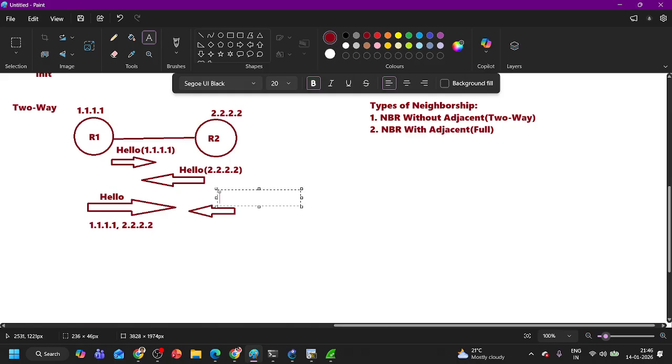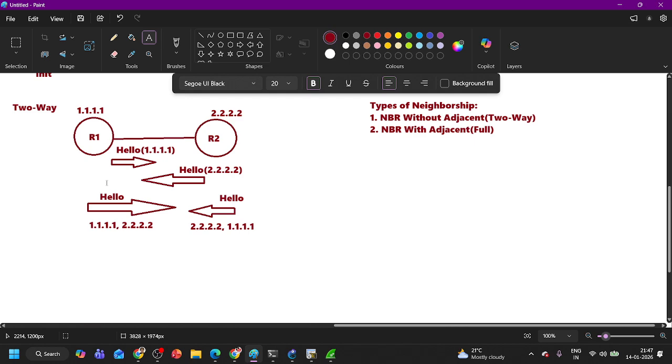Similarly, router 2 will send a hello message. It will also share its neighbor router ID: my router ID is 2.2.2.2 and my neighbor router ID is 1.1.1.1. Means I know the neighbor. As soon as the router finds its own IP address in the hello message, the state will move from